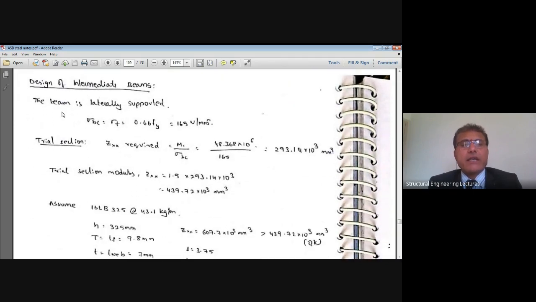Then I'll start the design of intermediate beams. The beam is laterally supported. Why? Because please see that here the